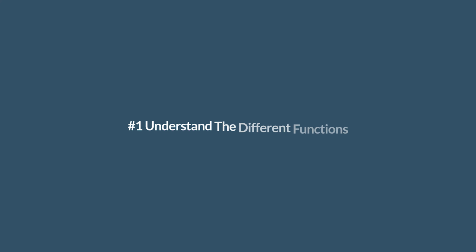Number 1, the best thing that you can do for yourself is understand the different functions of different agencies, so that when you are researching, it just makes more sense to you as you're looking at agencies and their functions and what they do. You'll be able to know right away, okay, that agency is not for us because we're looking to adopt a foster care kid, not a newborn.